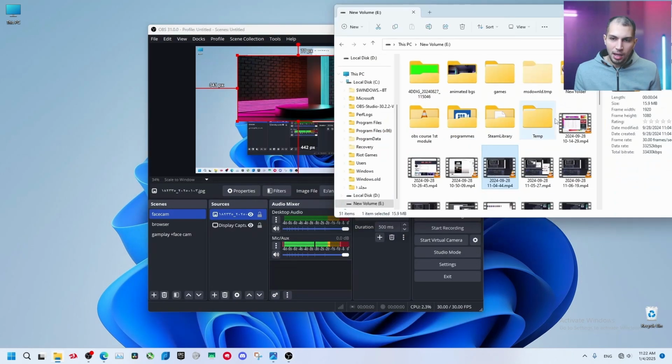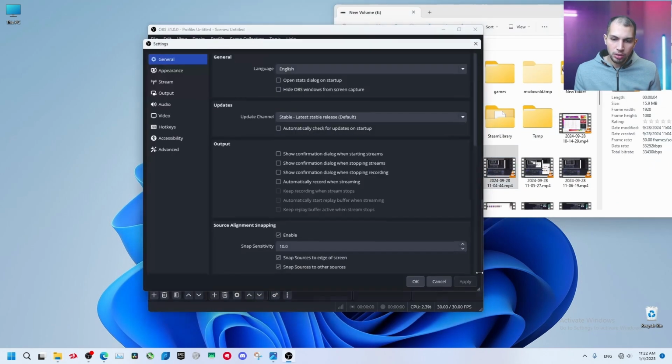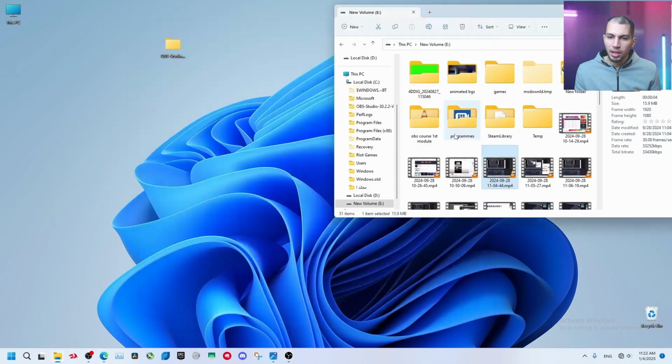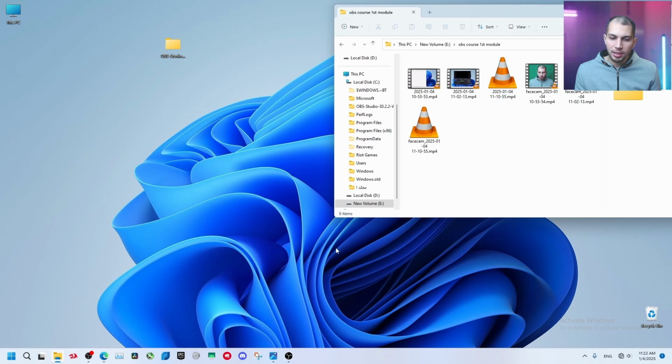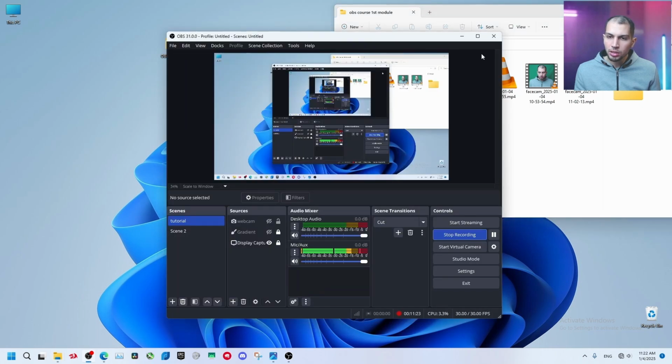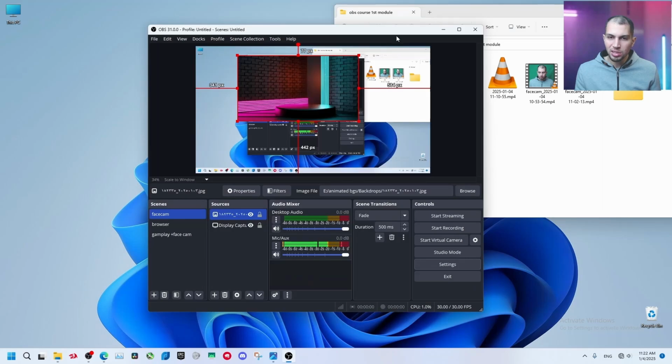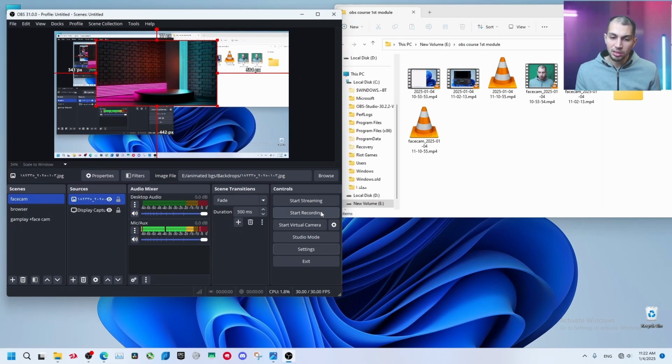Okay, let's open. I've selected this folder to be my output. Output, recording. I've selected OBS course first module. So if I go here, right now I'm recording with the OBS that I'm using right now to record. So these two videos are being recorded by this OBS. If I start recording with this OBS, you see we have a new one here. This is being recorded right now. So if I stop,